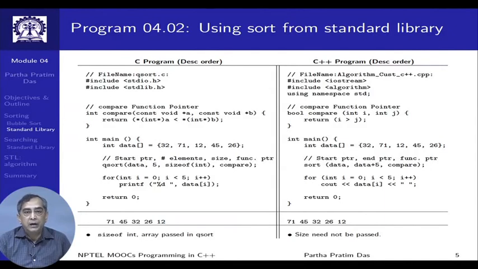Now, you can declare the parameters exactly as you declare in a normal function, int i, int j, and in the return you simply compare them, whatever that comparison logic is. It is pretty much like a normal comparison function, and that function name will be passed as the third parameter. You can do this in C++ because of several features that C++ introduces, which we will slowly introduce to you. So, you will understand why this was not possible in C, but is possible in C++